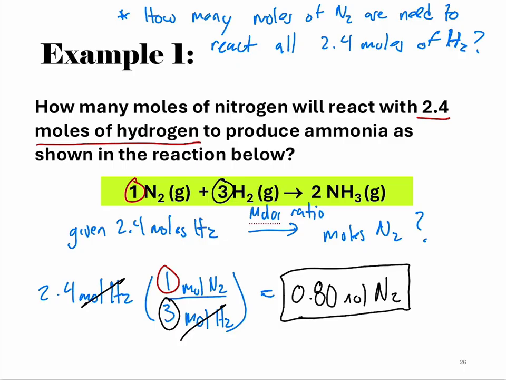Another step would be, instead of that being moles, it would be something like atoms. You could go to atoms, right? We could make it complicated going to atoms, because you can go between atoms and moles too. But if I gave you, instead of 2.4 moles of hydrogen, the grams, right? First, you have to use the molar mass to convert it to moles, and then you convert it into moles